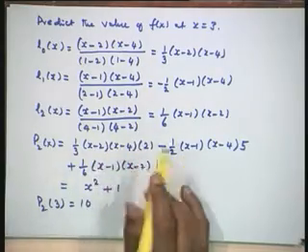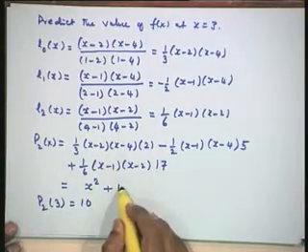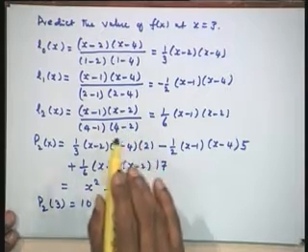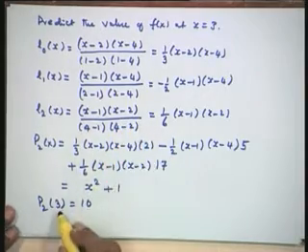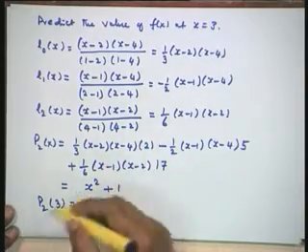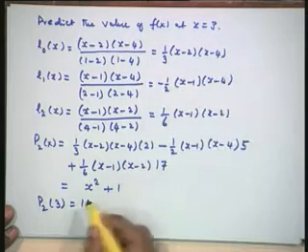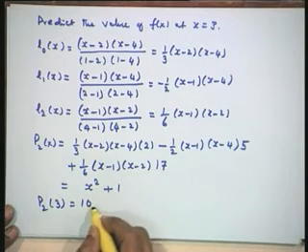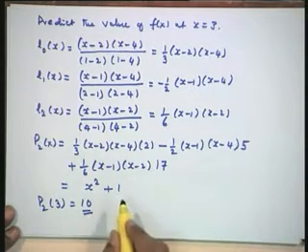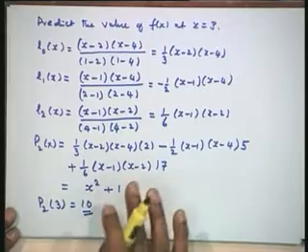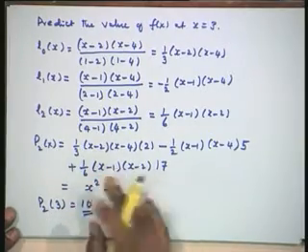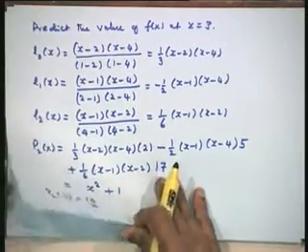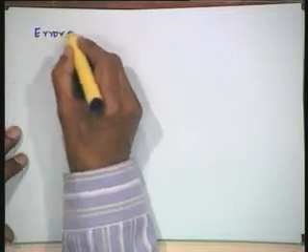Now as I mentioned earlier, the polynomial that we are constructing is fitting the data exactly, but when we predict at a particular value, not the point which is given there, we do not know how accurate this particular value, this 10, is. Therefore, we must define what is the error in our interpolated values, which we can also call the truncation error. So we would like to derive a formula for the error of interpolation. So let us call this the error of interpolation.